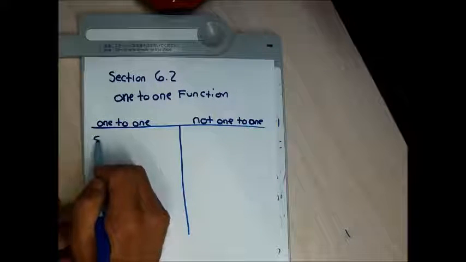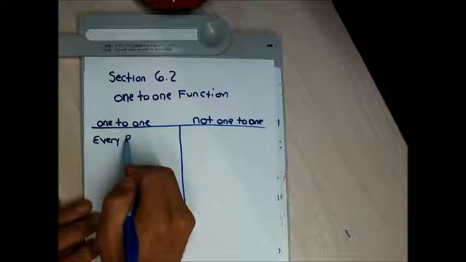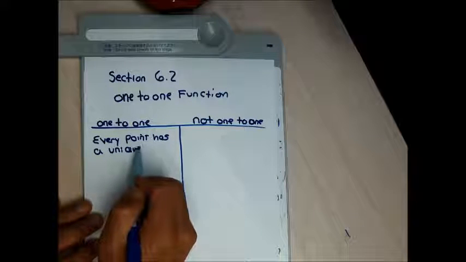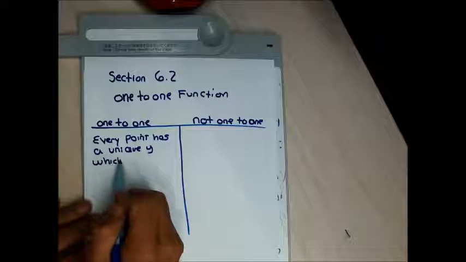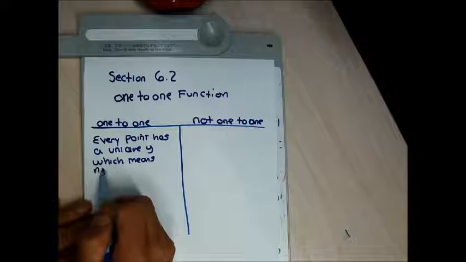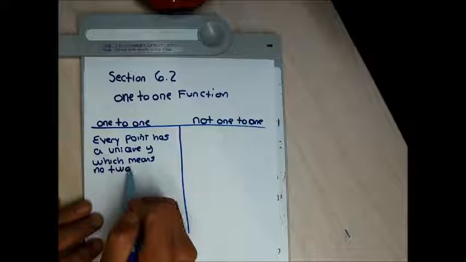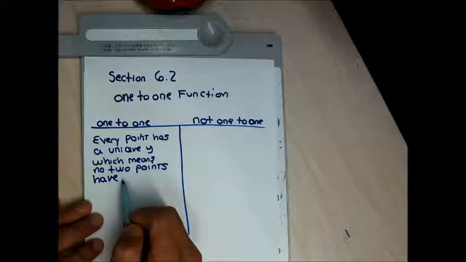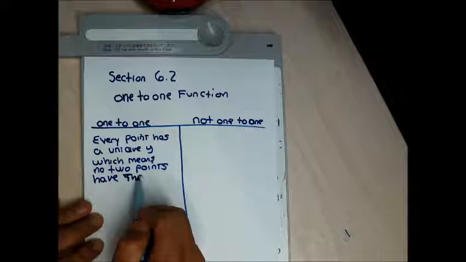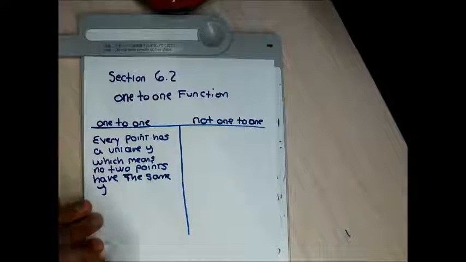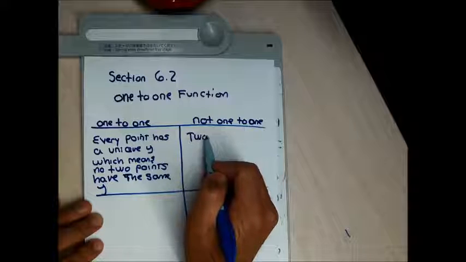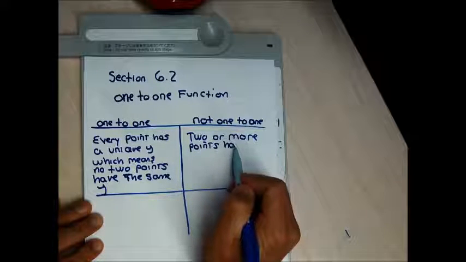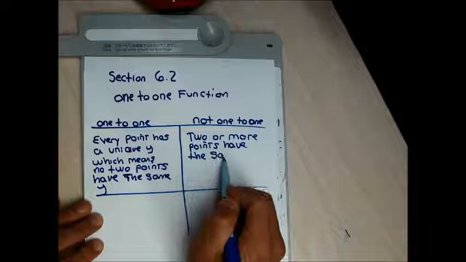A one-to-one function, every point has a unique y, which means no two points have the same y. So if in a function every single point has a different y, then that function's a one-to-one function. To be a not one-to-one function, we could have two or more points have the same y. I don't know if this is the greatest explanation, but it's going to get us through